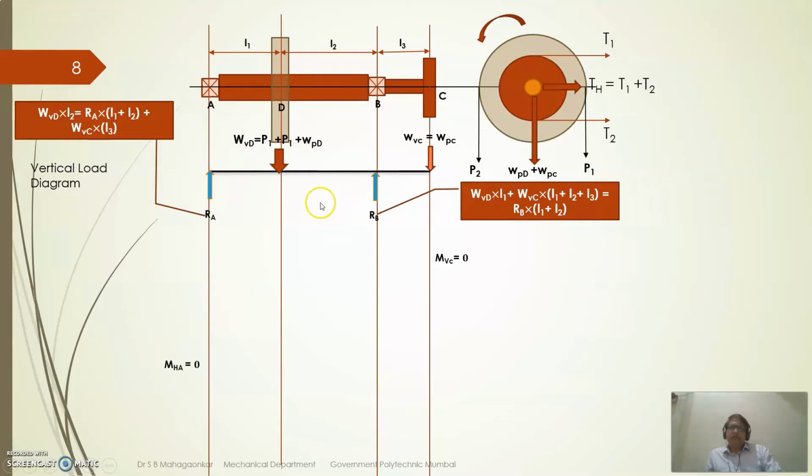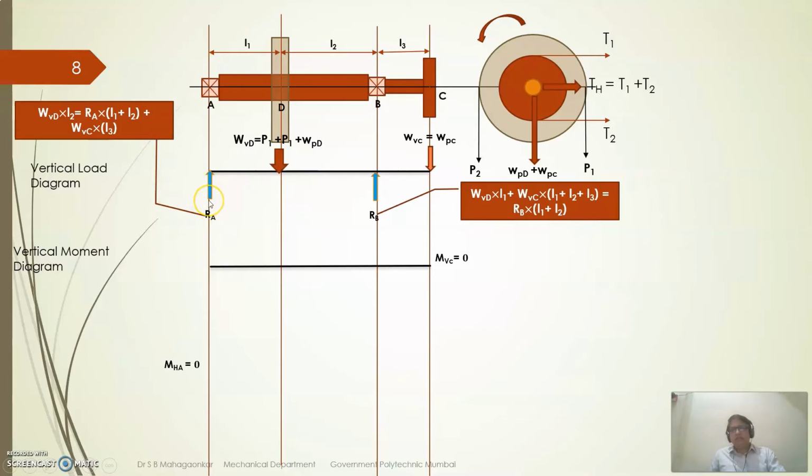Once this is completed, now we have to go for the vertical moment diagram. The vertical load diagram is over. So you can draw a vertical moment diagram. Just a line from here, with points A, B, C, and this point is D. Now the moment at the end points, always at the free end, will be 0, right?